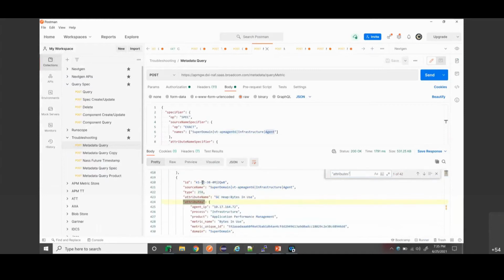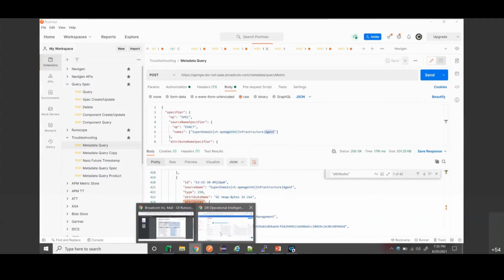Here if you see only these set of metrics, which are primarily maybe bytes in use and GC heap, these are the ones that are configured. And if you see, exactly 42 metrics have this attribute section, and those are the only ones that are visible, and this is configurable using switch to